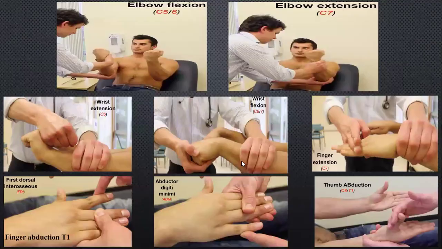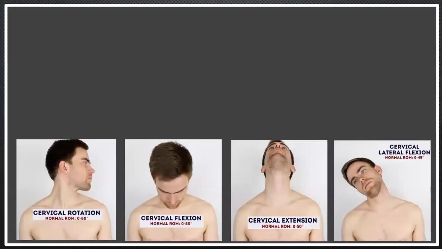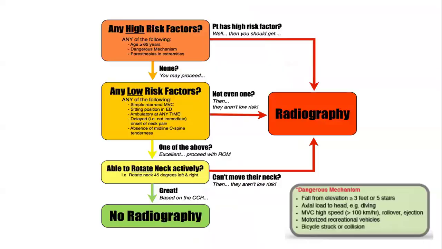Thank you. You repeated in the beginning about the Canadian spine rule. Also, you jumped to low risk factor without asking about paresthesia. You said dangerous mechanism of injury without evidence. You did not ask about the speed of the vehicle. So I said car accident. Car accident doesn't mean dangerous mechanism. Dangerous mechanism, it means